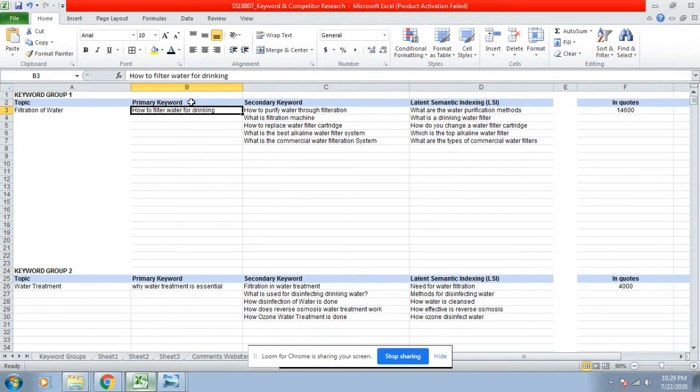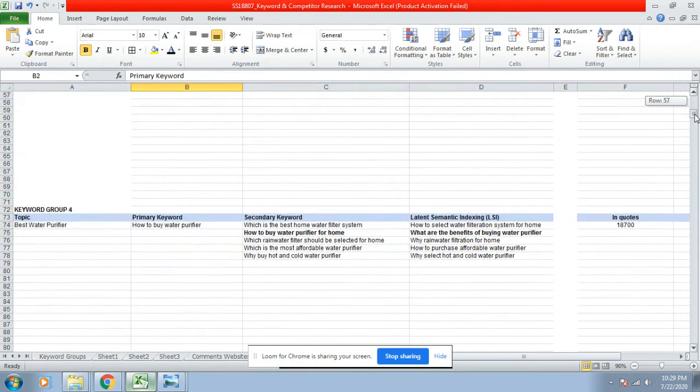In earlier classes we learned that secondary keywords and LSI keywords are related to the primary keyword. So our strategy is to learn how to filter primary keywords which have the lowest competition among all these keyword groups.